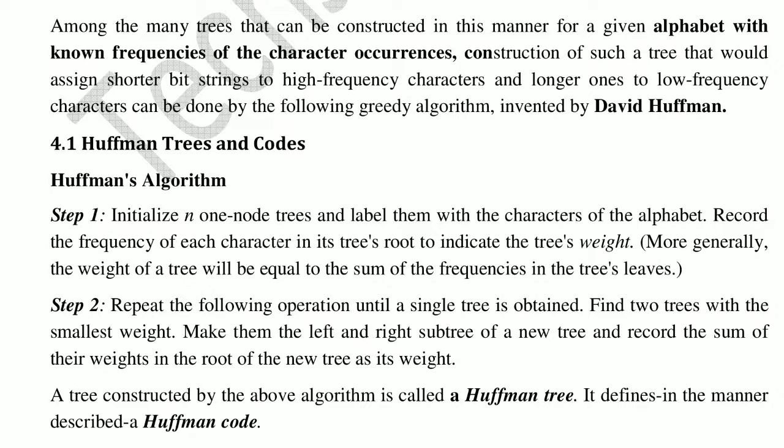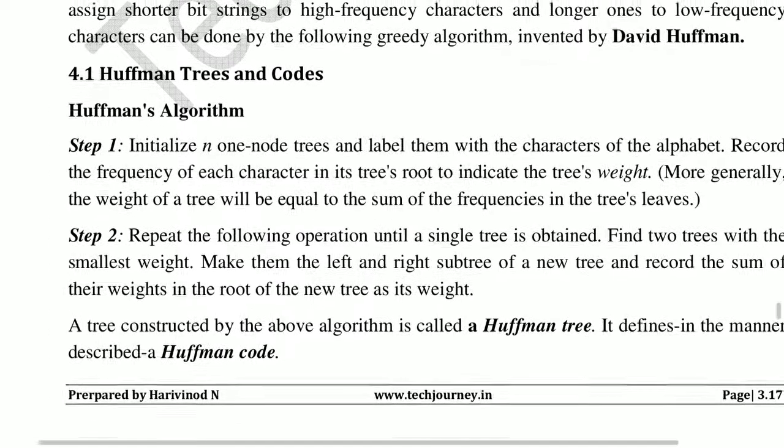That means any character which appears frequently will be assigned a code of fewer bits, that is, the length of the code will be smaller. If the frequency of a character is very low, meaning it appears very rarely, then the code length of that character will be very long. A tree constructed in such a way is called a Huffman tree, named after a scientist called David Huffman, who invented it.